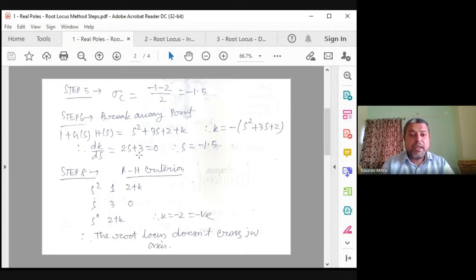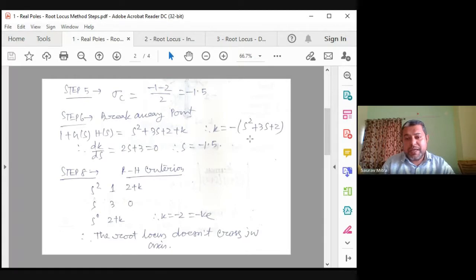This is another trick. So for a two pole system with no zeros, it is very easy, because only one value of S you will find, and this is the process. This is the standard process for all numericals for finding the breakaway point. G(S)H(S) will be given to you, find 1 plus G(S)H(S), take its numerator, and set that numerator equal to 0. From there, find the expression of K. This expression will be required again at the last step. So K is equal to minus bracket S square plus 3S plus 2. As K cannot be negative, you can take only the amplitude of K, which is K equal to S square plus 3S plus 2.